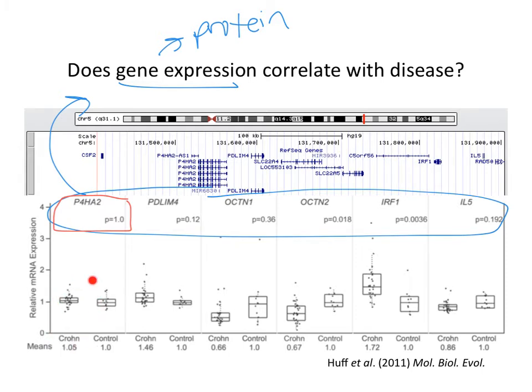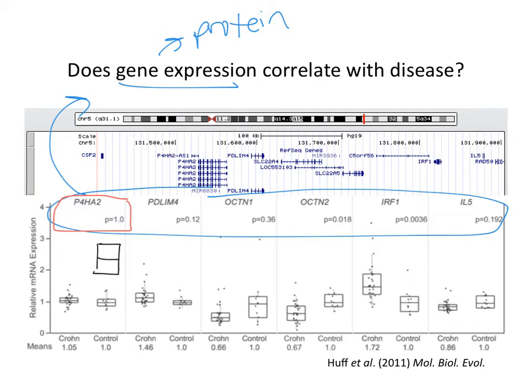Here's the graph data, gene expression on the y-axis, relative gene expression. Data from people with Crohn's disease, people without Crohn's disease, the controls. Is there a difference? Slightly. What these are, by the way, if you have never seen a box plot before,